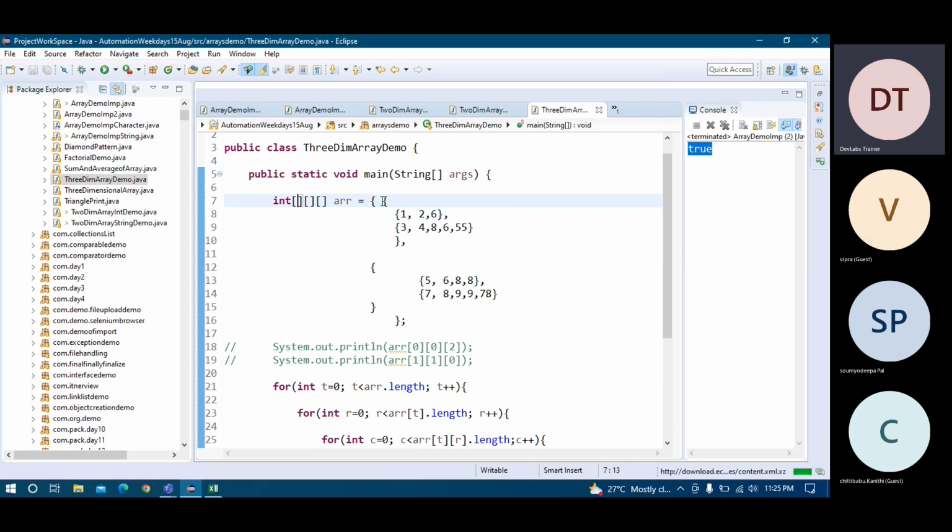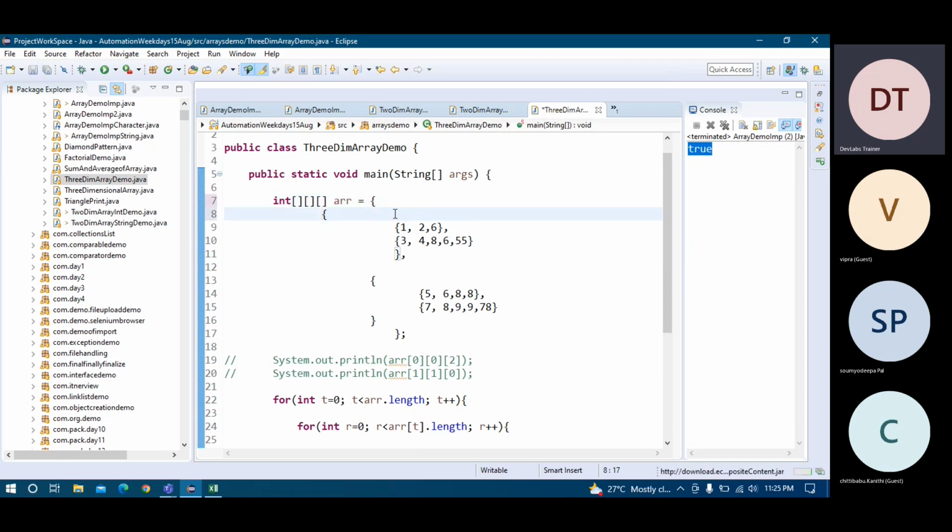So first, let me show you that concept. This you understand, one is outer and this is closer, that's okay. But if you come here, it will create like this, a box. In that box you can have rows and columns. You see here this curly bracket block is started, and in that we have 2 rows: in the first row I have three columns, and in the second row I have 5 columns.